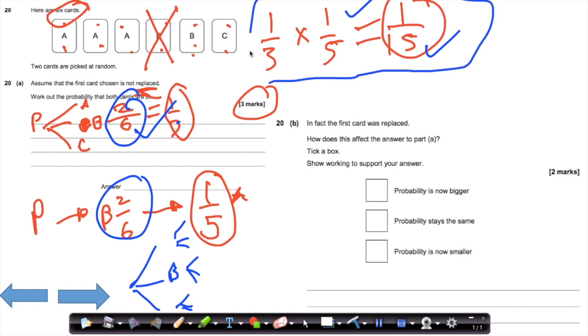Remember, moving down the probability tree, you have to multiply the probabilities. Looking at the second part of this question, so B,